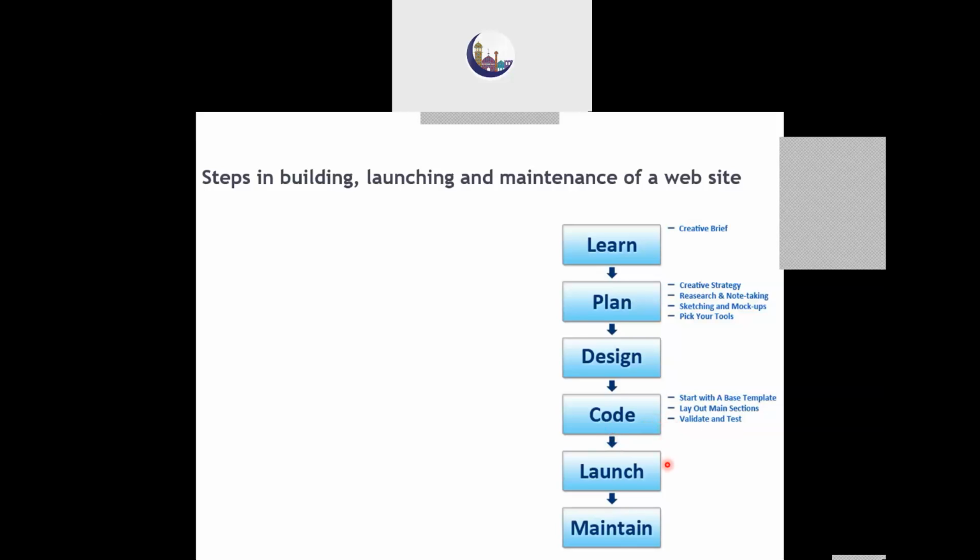Once the coding is done, you'll try to launch it. Launching means, as I told you, the website is nothing but a collection of different web pages along with their various resources that are going to be used in a folder. That folder is a normal file folder. So can you keep that particular folder within your laptop and let the whole public access that particular folder? If that is the case, you need to keep your laptop or desktop or your mobile